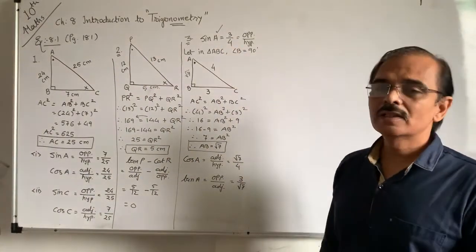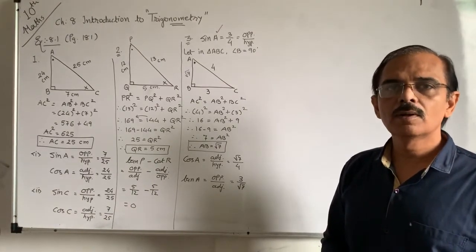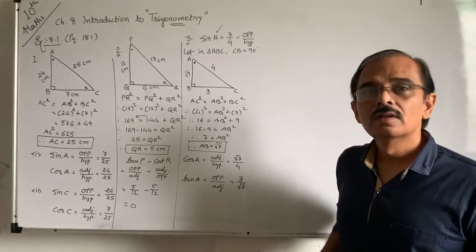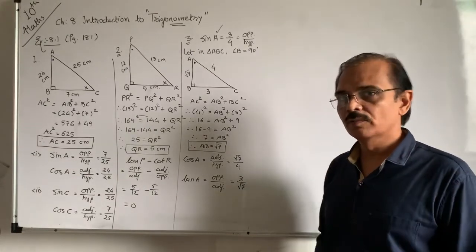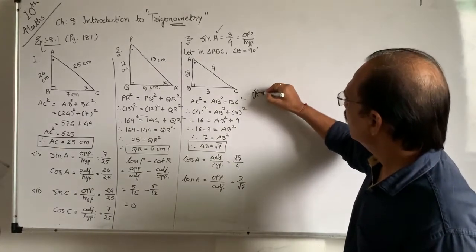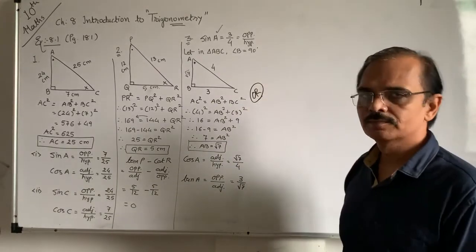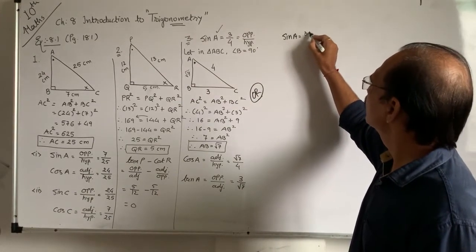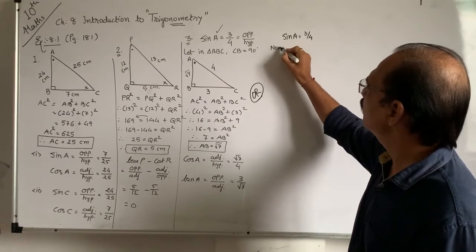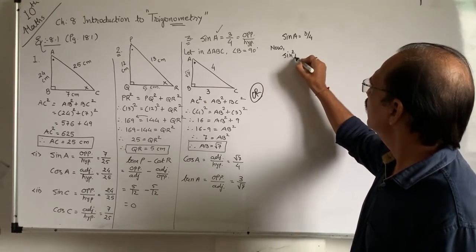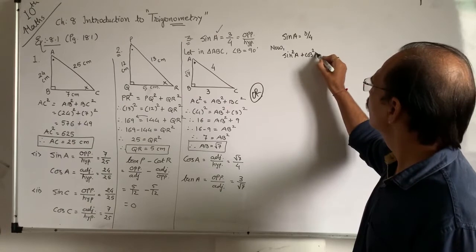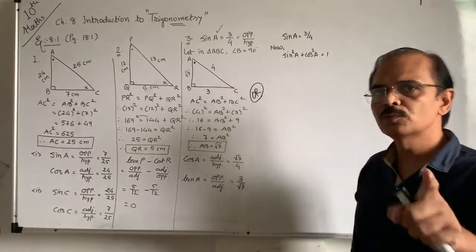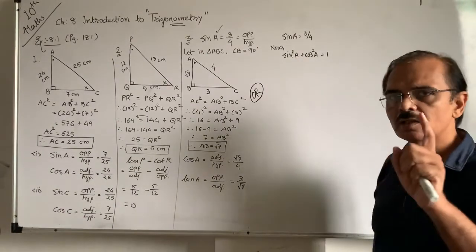Here sin A is given as 3 by 4 and I found it with the help of the triangle. You can also find it with the help of the formula because you know the formula. So this is another method. Same sum. Sin A is 3 by 4, given. Now you have an identity: sin square A plus cos square A equal to 1. You can write theta, you can write A. I told you that this is possible only when the angles are equal.